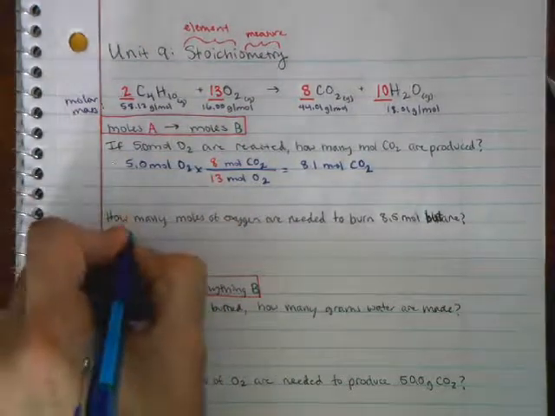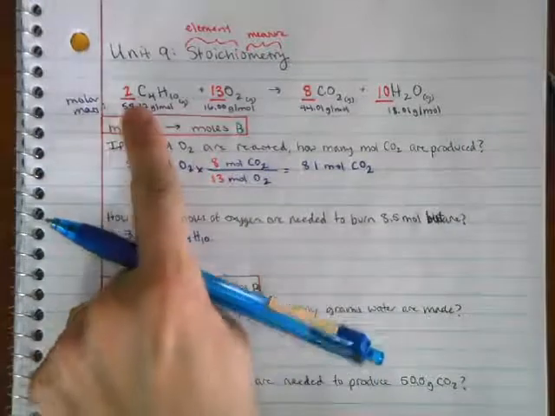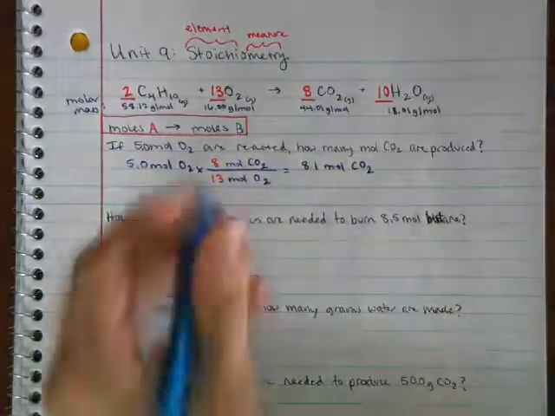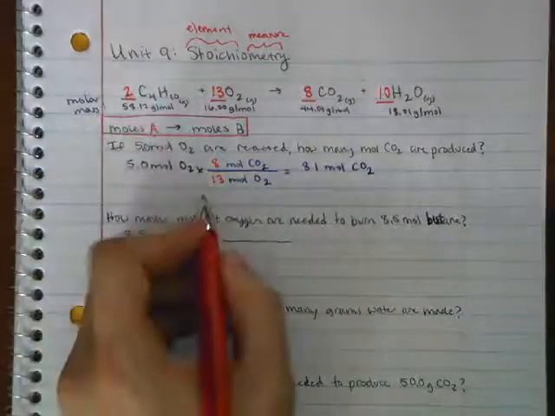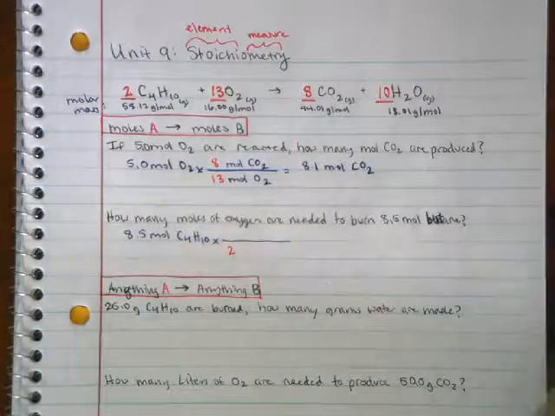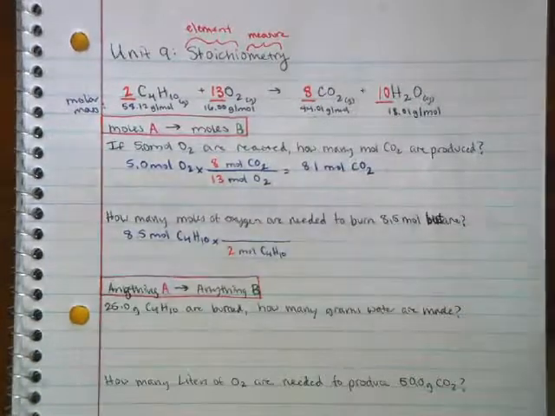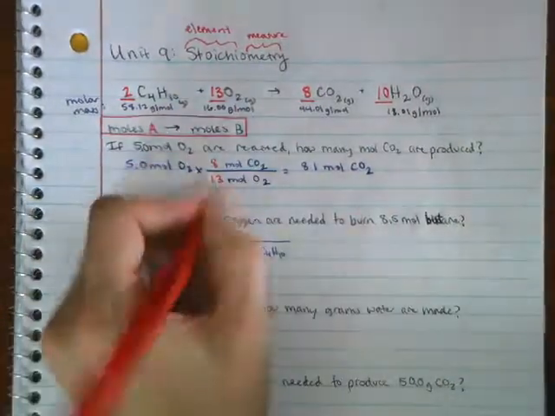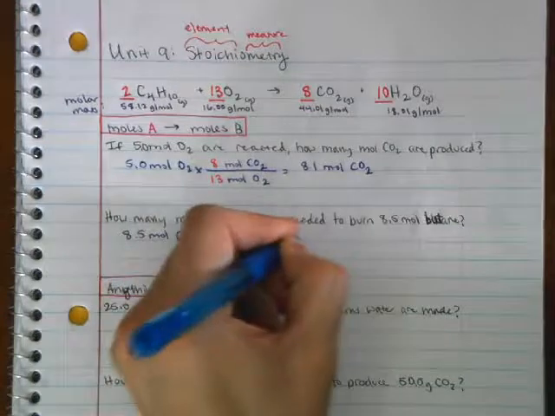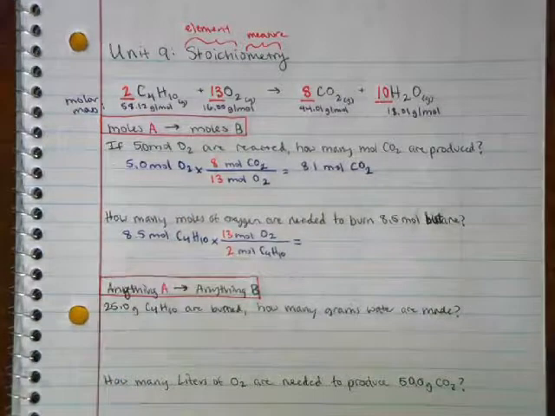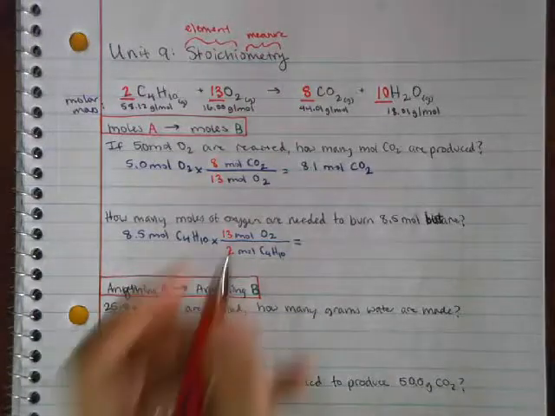I have 8.5 moles of C4H10, and I want to know how many moles of oxygen I'm going to need to react all those moles. Well, again, I just use my ratio. And this says for every 2 moles of butane that I have, 2 moles of C4H10, I also need, in order for the reaction to happen, 13 moles of O2. Okay, so 8.5 times 13 divided by 2 gives me